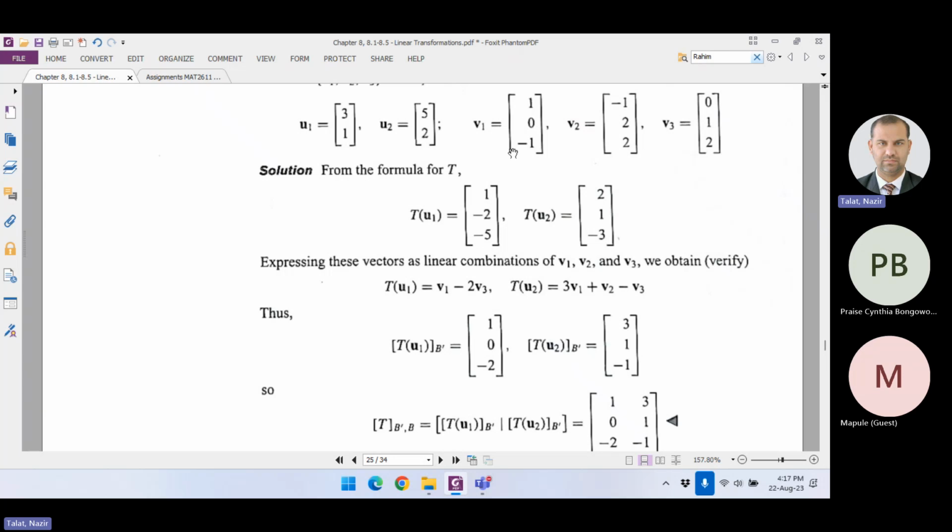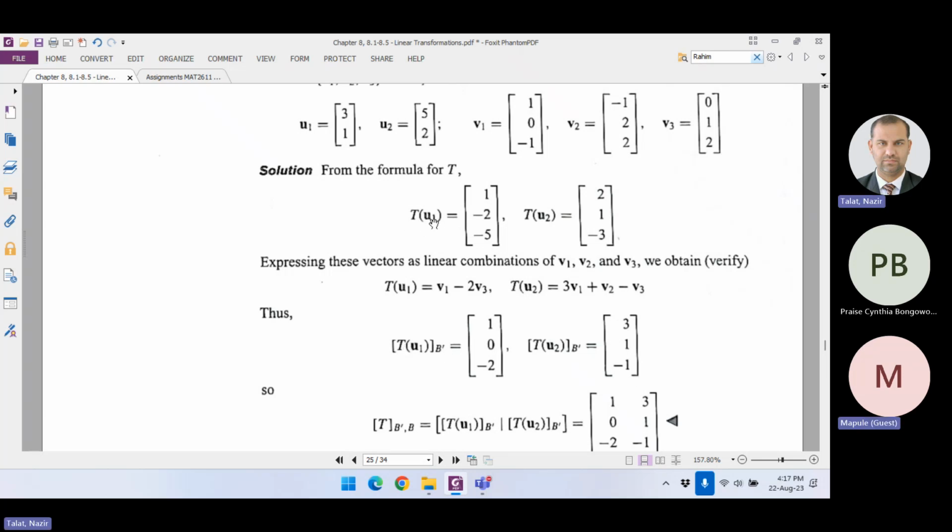For example, it's 1, 0, -1, and the second one is 0, 1, 2. So multiply with the 3 of that one, and after putting in this value and computation, we will get the element 1, 0, -2. Similarly, the value of TU is this one. So put the values of v1, v2, v3 here, and after the computation, we will get this vector. Now,